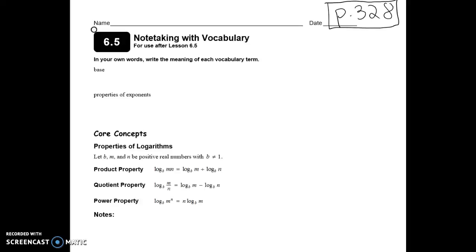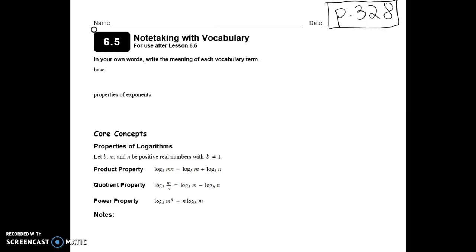Today we're going to start section 6.5, and basically the lesson will use properties of logarithms, and they're very similar to properties of exponents. The reason we're doing this is we're going to be simplifying computations by using these properties. First thing you want to do is turn to your journal, page 328, and look at the